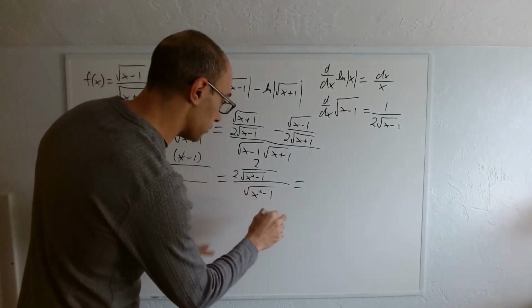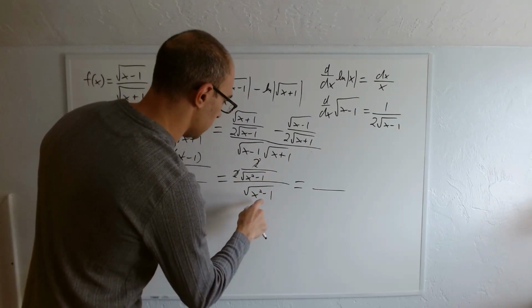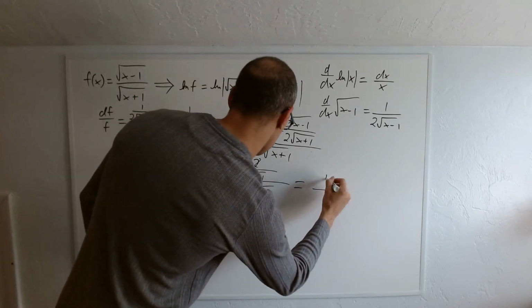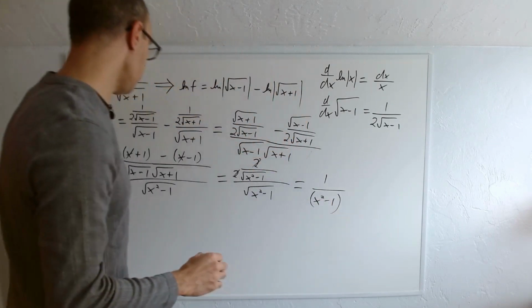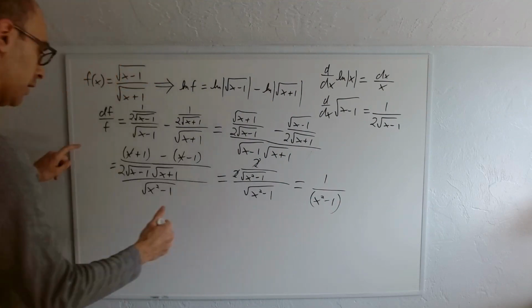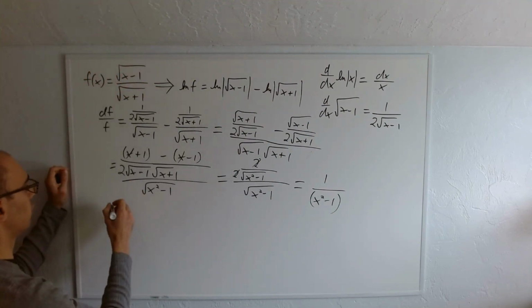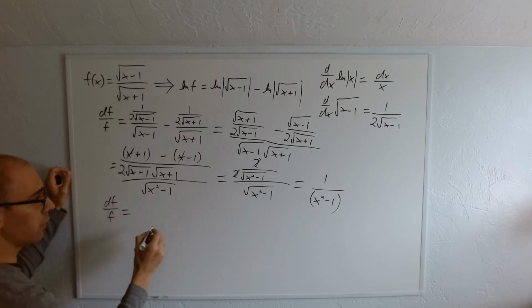Okay, so let's go ahead and do this. So we have 2 over 2, they're going to cancel. And this is going to be 1 over x squared minus 1. So what is all of this? This is df over f. So actually, let me come down here, and I'm going to rewrite that. So df over f